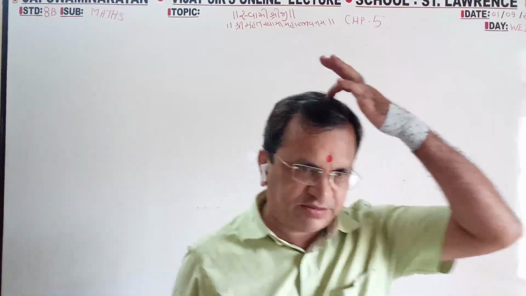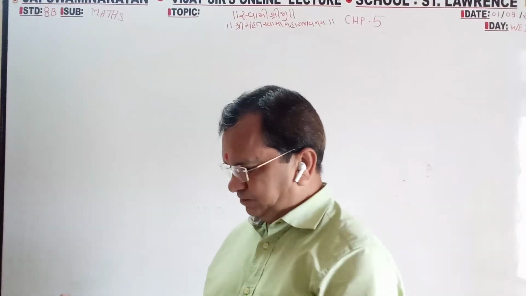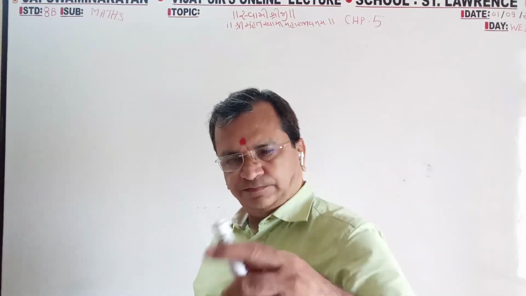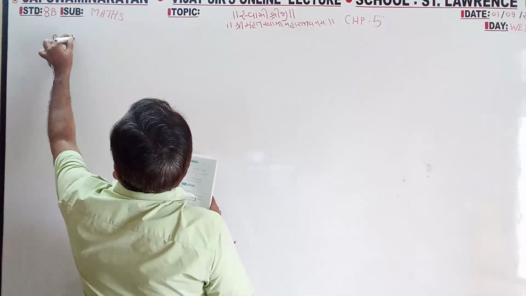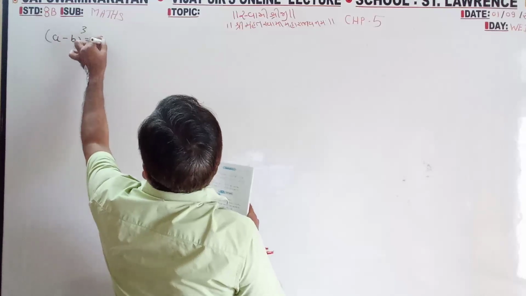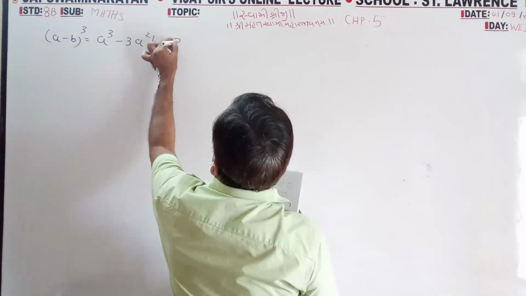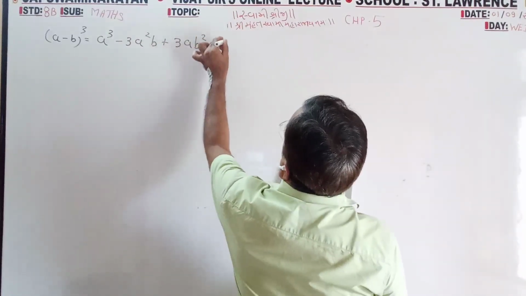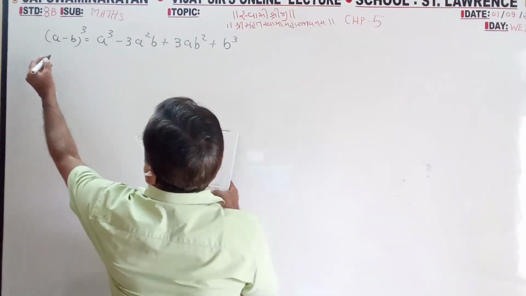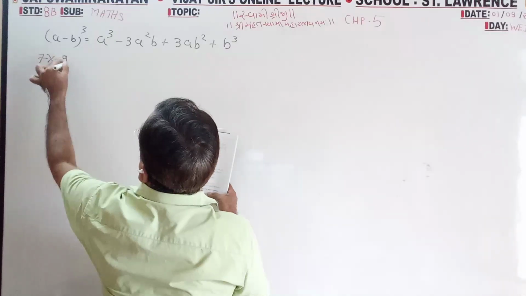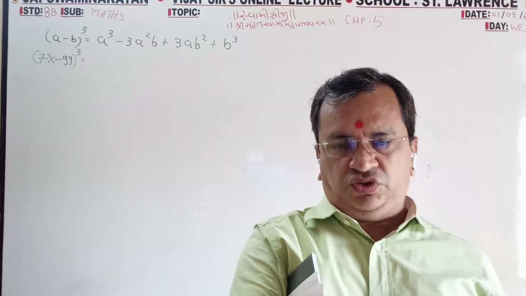Cube with the minus. A minus B cube is A cube minus 3A square B plus 3AB square minus B cube. That is (7x minus 9y) cube. So...